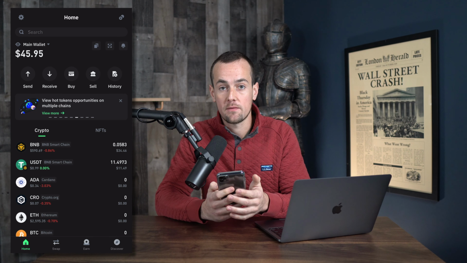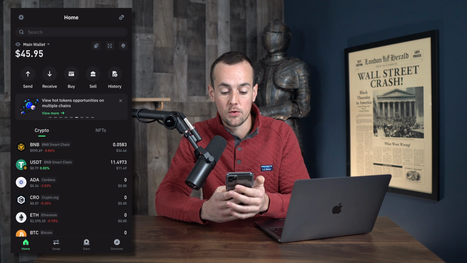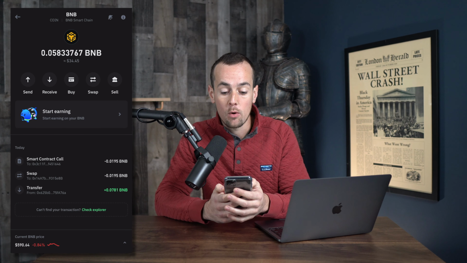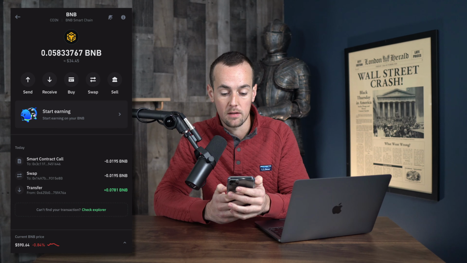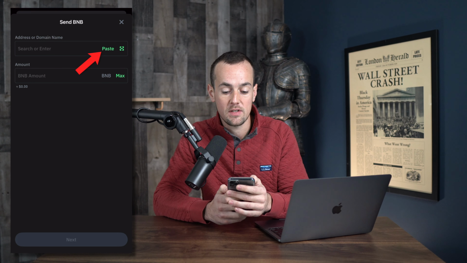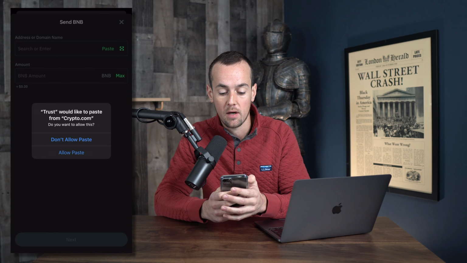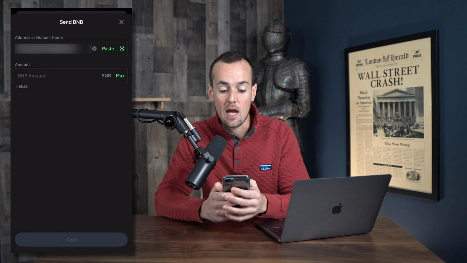At this point, the rest of the transaction is going to take place here in the Trust wallet. So we're going to click here on our BNB balance, and now we want to click on the Send button, and this is where we are going to paste in the wallet address that we just copied. So we can click here on the Paste button and click on Allow Paste, and now we have to choose